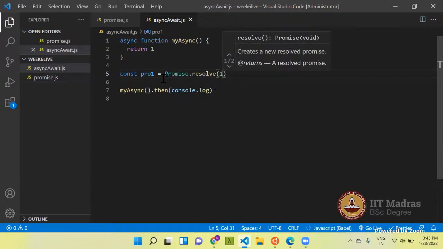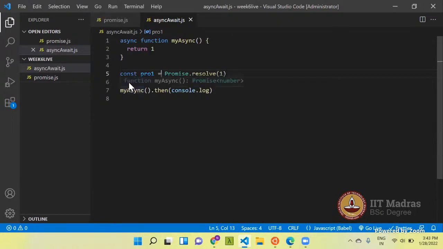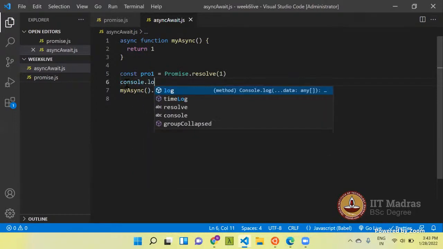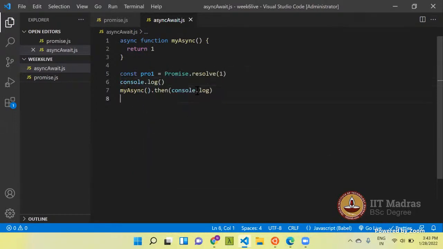This statement also creates a promise which resolves with 1. It's a simple way to create a promise. You just pass whatever you want to pass here, and it will create a promise which will be resolved with that value.